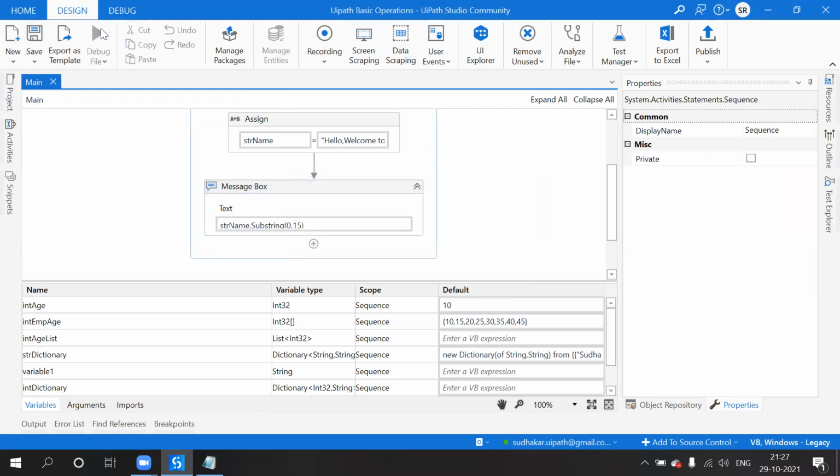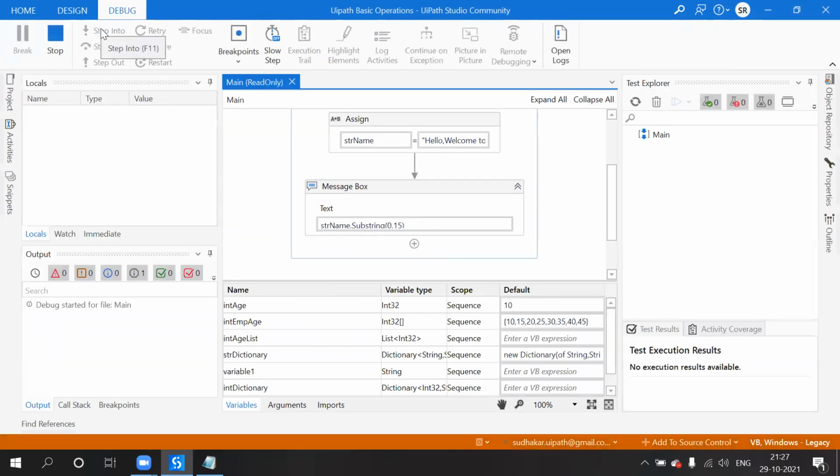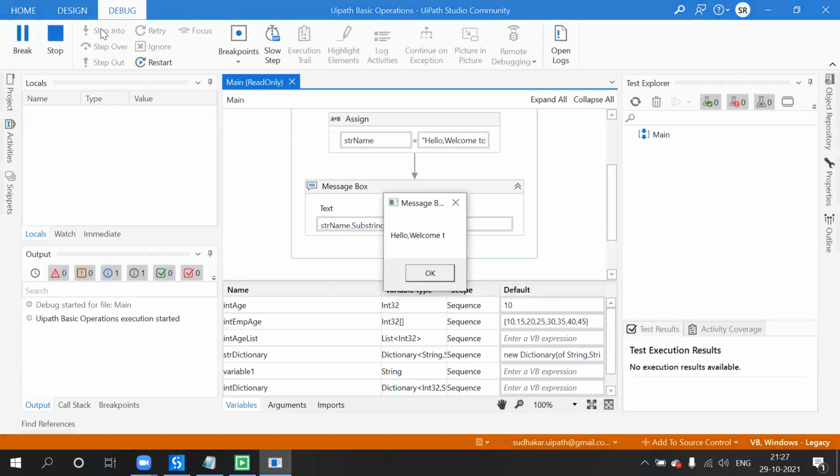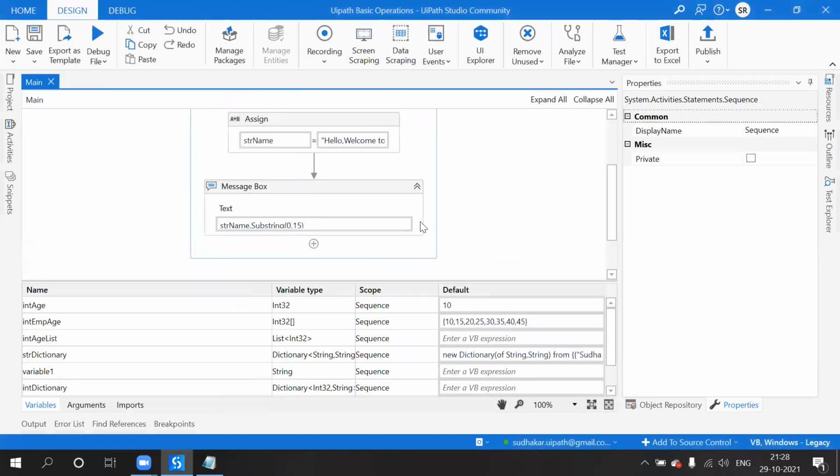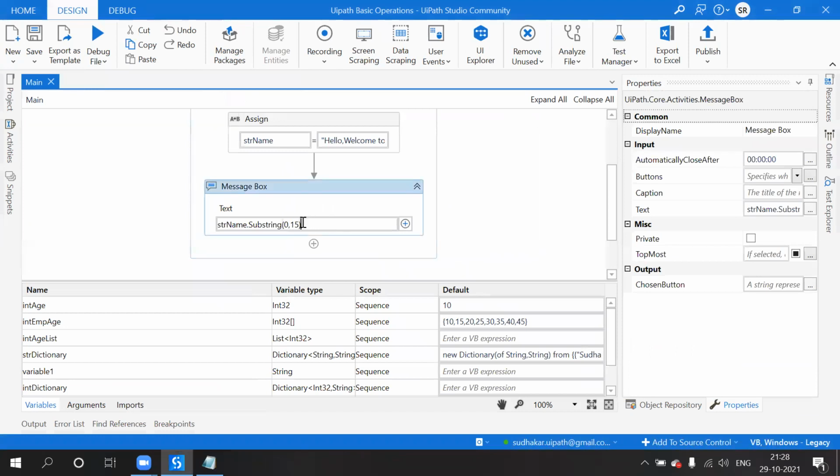So with substring, see, there are different ways to get the data. Up to 15 characters: hello, comma, welcome T. So hello, comma, and so on.